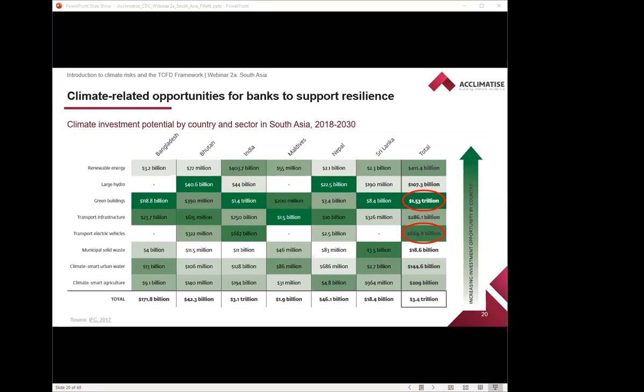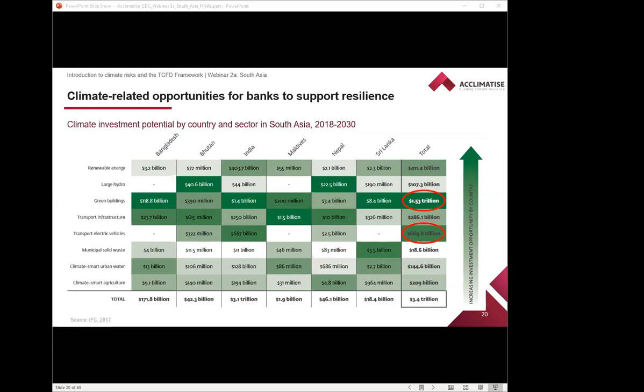And importantly, the IFC flags in this study that the transition to low carbon and resilient growth can really only be achieved with the help of strong private sector engagement. So the business case for addressing climate change and pursuing sustainable growth continues to strengthen. And we're seeing positive returns on investment now and improved operational resilience. So essentially it's saying that there's a real role for financial institutions to play in the region in building climate resilience. So it's not going to be only up to governments to fund these NDC commitments. That's a call to you when you're thinking about